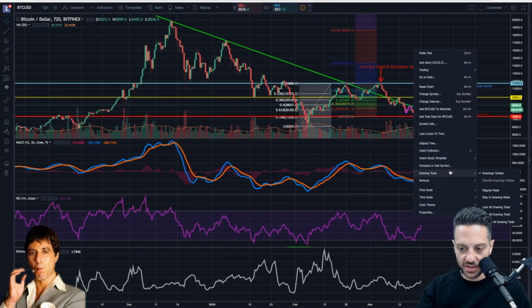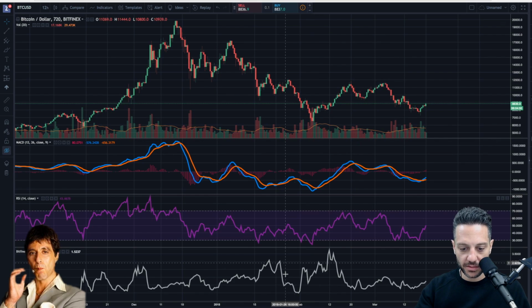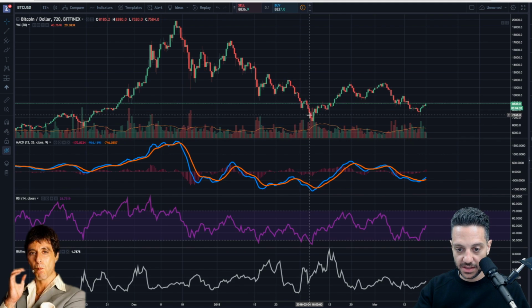Let me just go ahead and hide these drawing tools real quick, just to show you one last example so that we can conclude and review what we were talking about. So you see here, for instance, this is January 23rd to about January 31st. You'll see this drop off here, meaning there are fewer longs versus shorts, right? So people are less optimistic about the market, and you don't really see the price of BTC reflect this until a few days later.